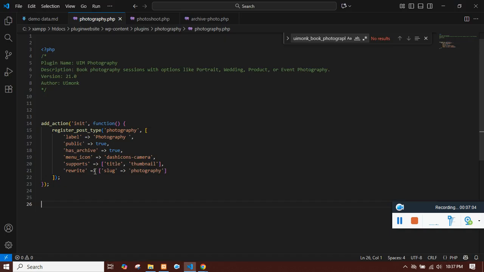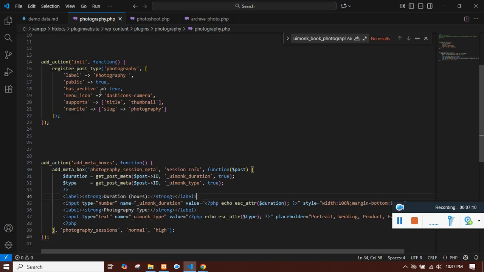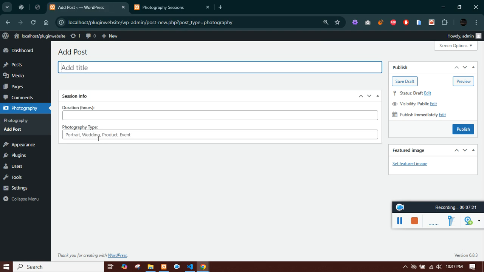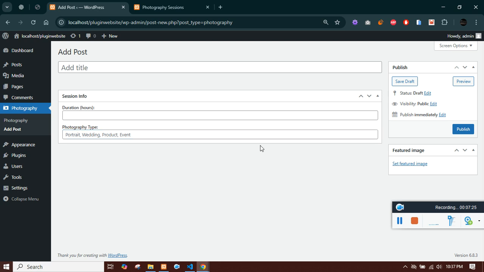Now I want a custom field to be added, so we have a hook called meta boxes, and this meta box has to be linked to this CPT. This is the handle, so we have to link it. We need the duration and the type. Once it is linked, you will see two input fields called duration and type. When someone clicks on publish, by default WordPress only saves